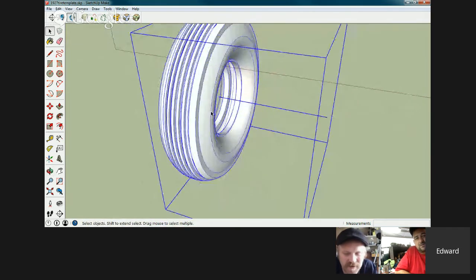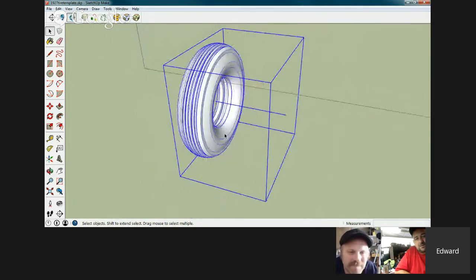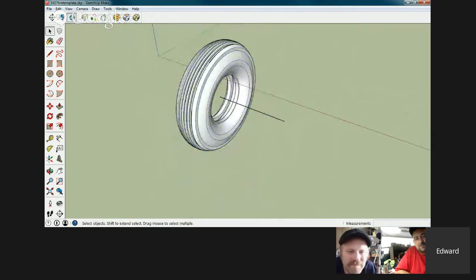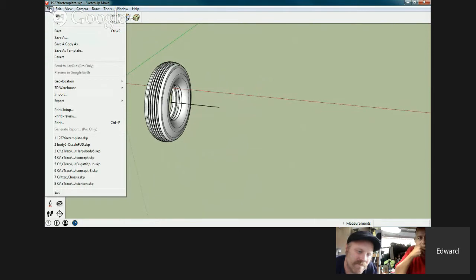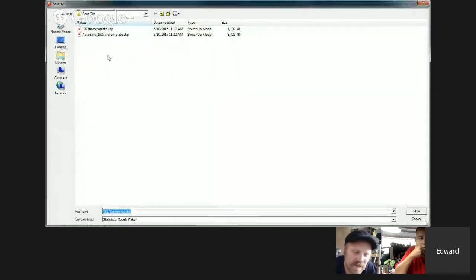Yeah, so I don't actually click and draw a face or delete something like that. Of course, I would go... now see, I would not save this as the HO template, which I probably forgot to do. Remember we saved it as the full size tire template? That's better though, because we could change it into scales from there, right? Well, yeah, but what I'm saying is I don't want to save this as the HO template